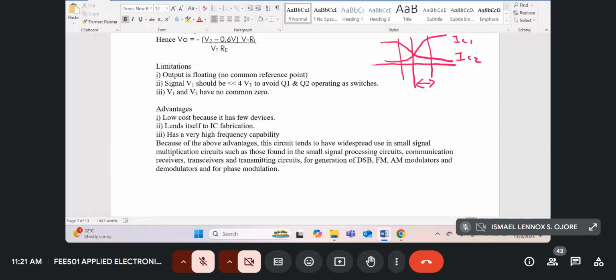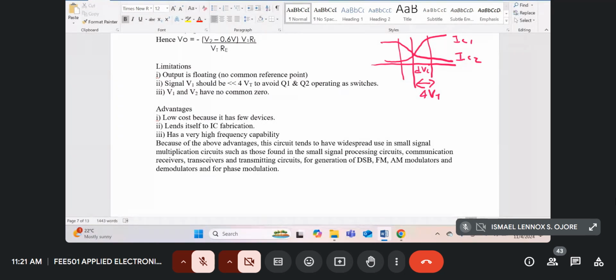This is the difference voltage at the input. This is about 4 VT, where the current transfers from one transistor to the other